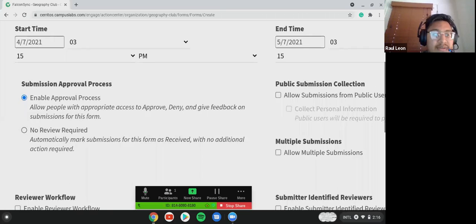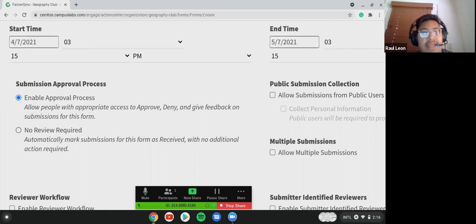We're going to look at this submission approval process. That means when someone submits a form and you get it, it's either automatically approved, which means it just goes in, or you enable the approval process, which means that whoever is in that list to approve forms would look at the form that was submitted, and you can either approve, deny, or give feedback on the form.